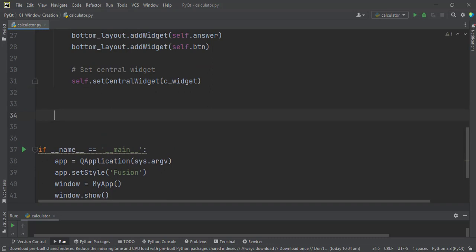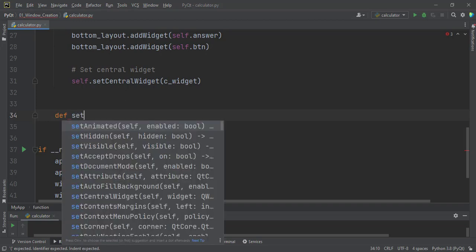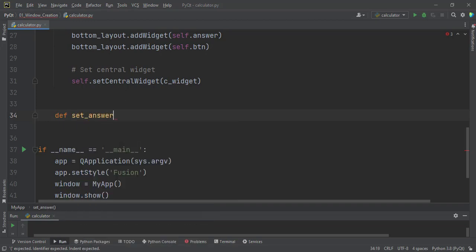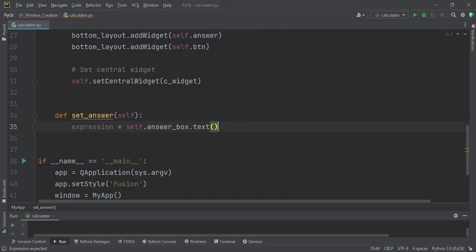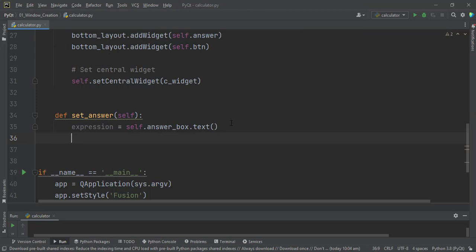We create a new class method we call setAnswer. You can call it anything, of course. And in here, the first thing that we'll do is to get the text or the expression that has been typed inside the answer box, which we will call expression. The expression equal to self.answer_box.text. This one will get us all the text that is currently inside that line edit,